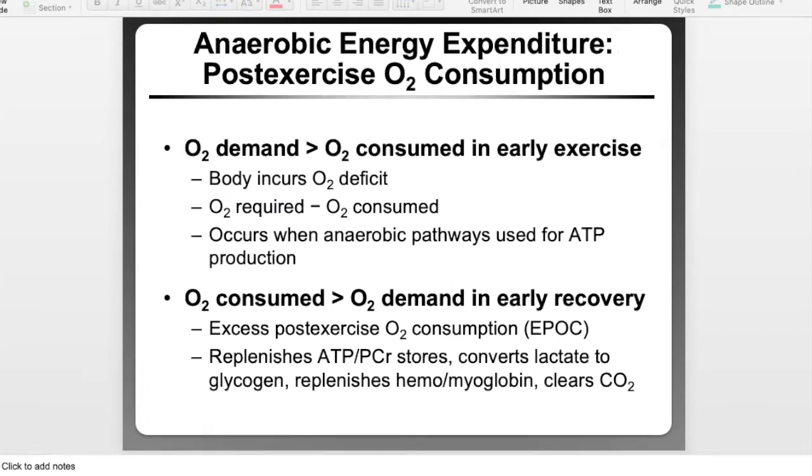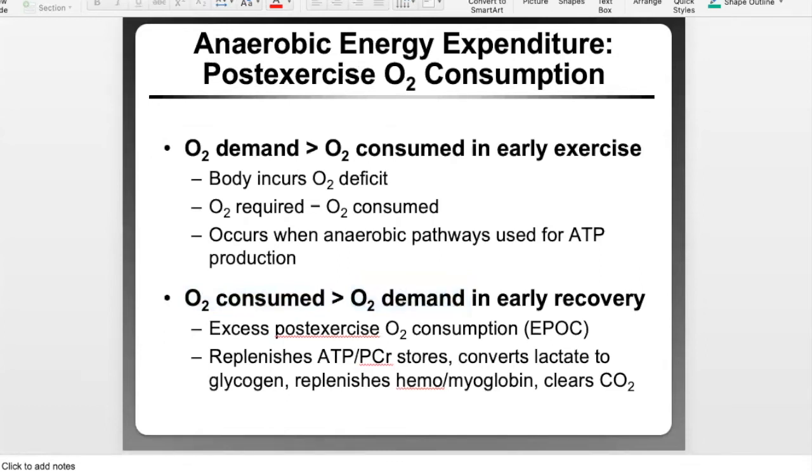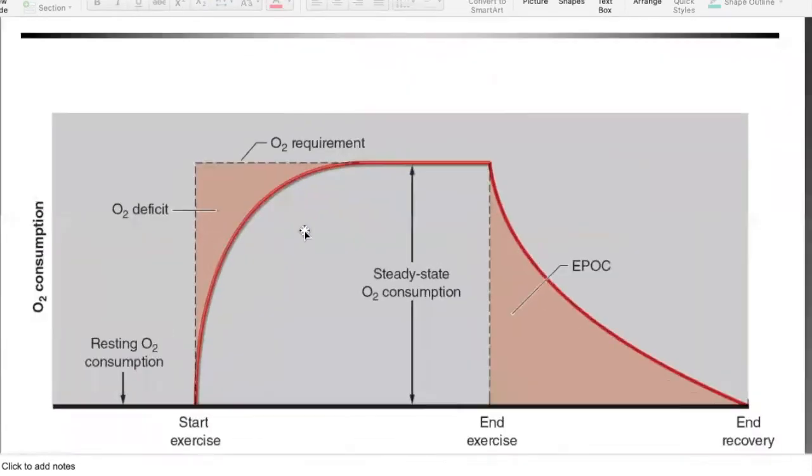After you're done with a bout of exercise, there's, in many instances, more oxygen needed. Right? The body hasn't had the opportunity to relax or to rest from the exercise. So it could be the case that the amount of oxygen that you need to consume after exercise is more than the actual oxygen that's demanded of the activity. For instance,